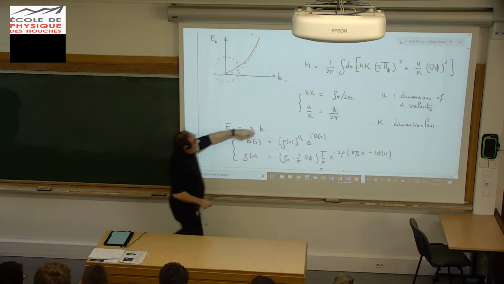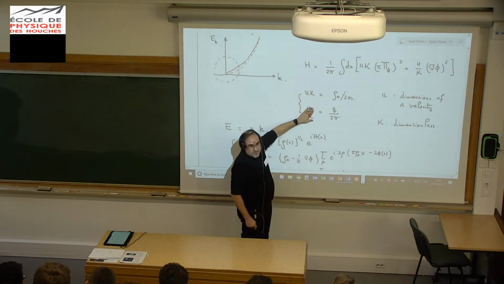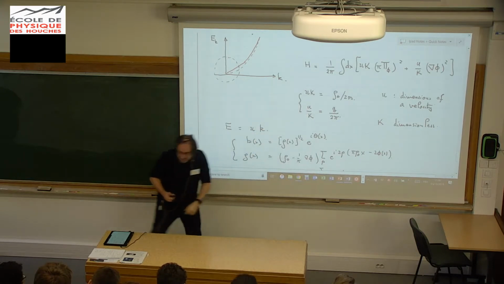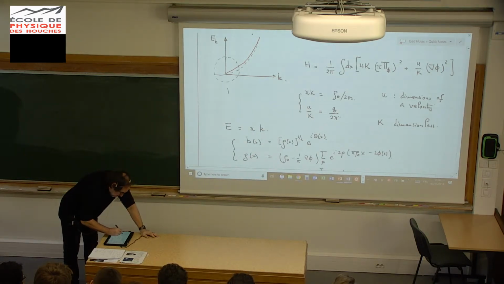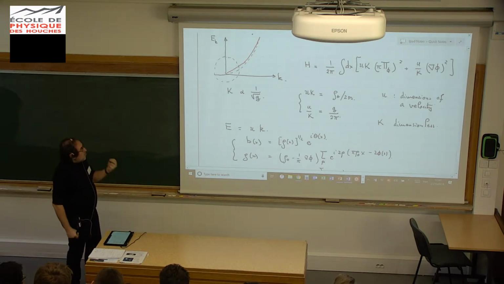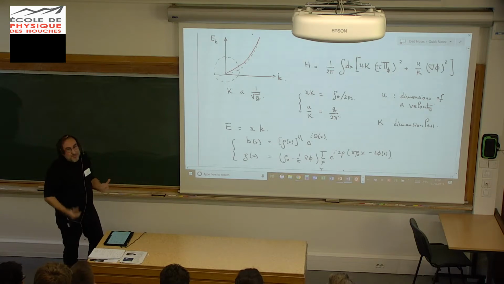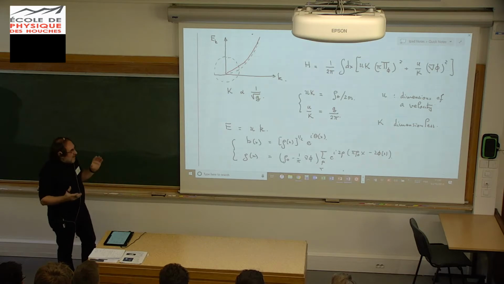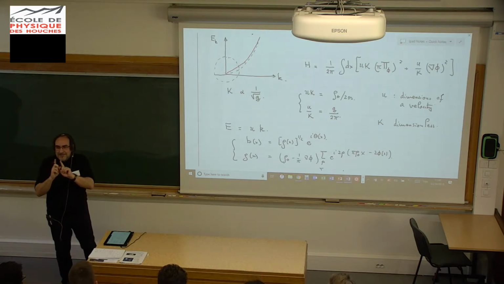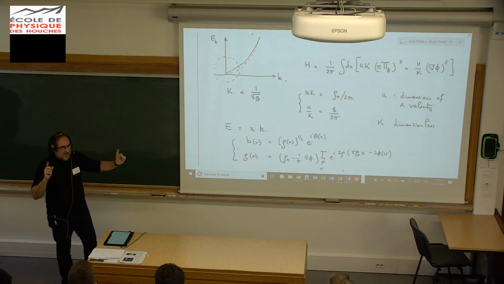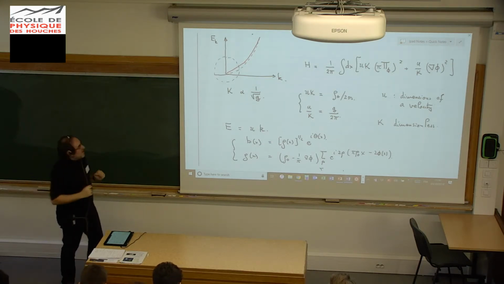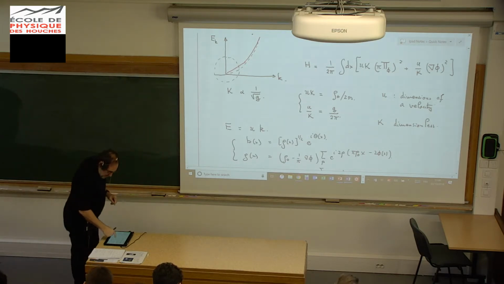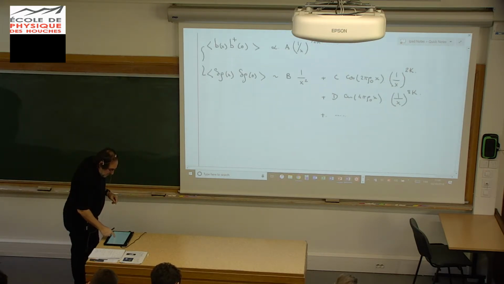What does it mean, the larger K is? I can obtain K by dividing this relation by this relation, and you find immediately that K is proportional to 1 over the square root of the interaction. So the weaker the interaction is, the better my system will be a superfluid. Well, superfluid in the sense that B B dagger doesn't decrease. Keep in mind that again this theory becomes less and less applicable because I have to go down to lower and lower energy. On the other hand, if I look at density fluctuations,